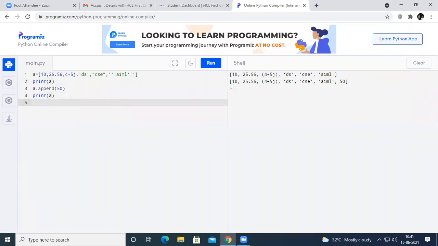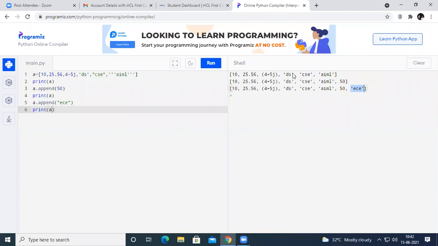For example, if I add one more element, A dot append, I want to add ECE to the list A. After appending, I'm going to print this list A. You can see the list now has one more element, that is ECE.